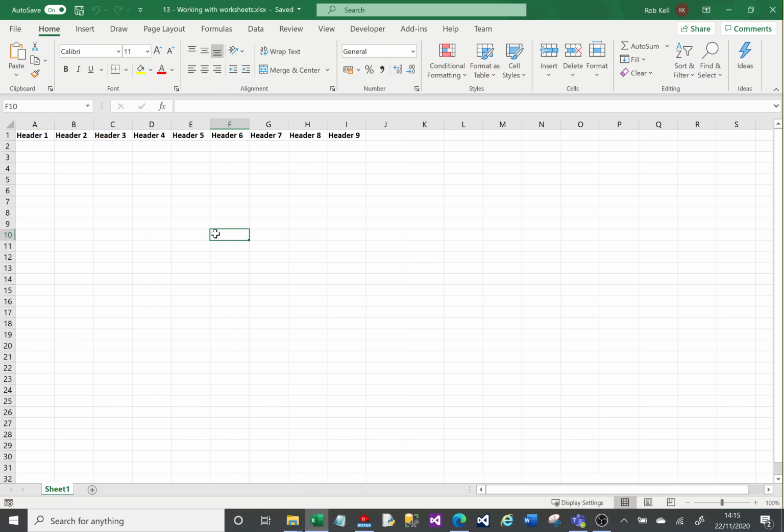So on screen we've got a worksheet with some data on, and by default that worksheet will be called Sheet 1. Generally you'll want to rename these sheets to be a little bit more descriptive, so there's a couple of ways of doing that. You can either double click it or you can right click it and choose rename. So I'll rename this to be